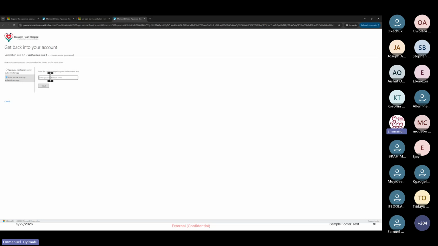So I'll just go to my Authenticator app from here and enter a code from here. So I will look for Ochichi. Why are they asking me to enter a number when they have not given me a number?